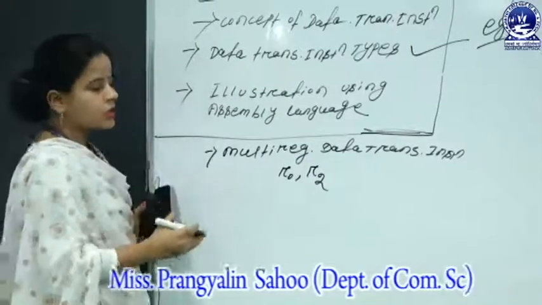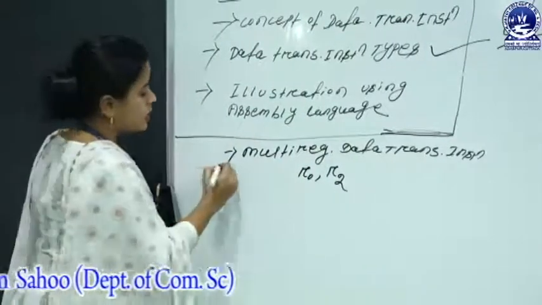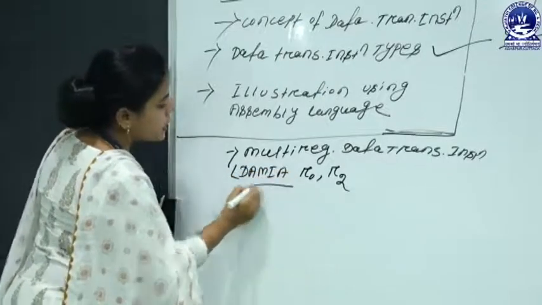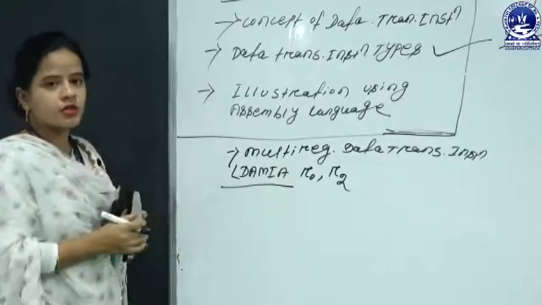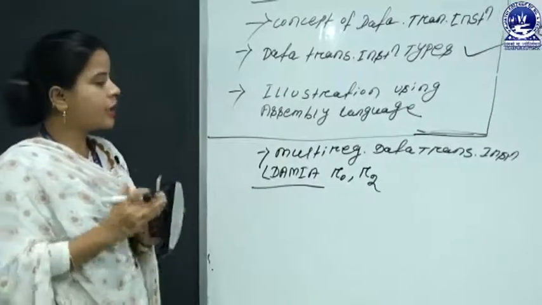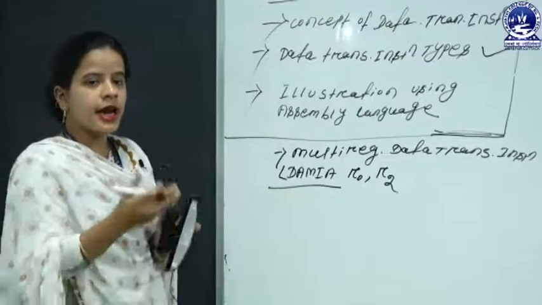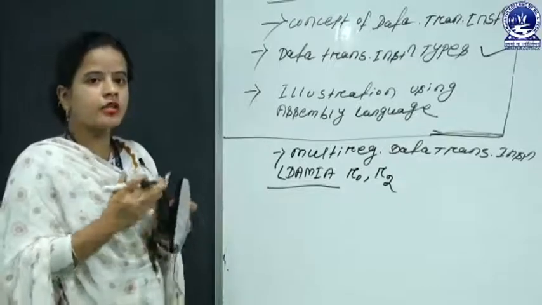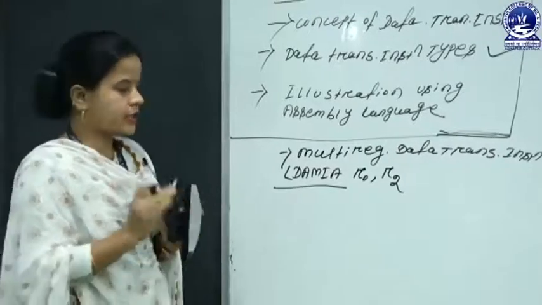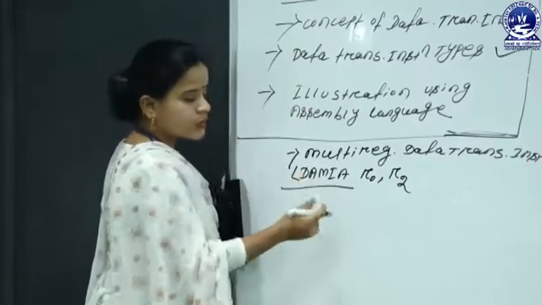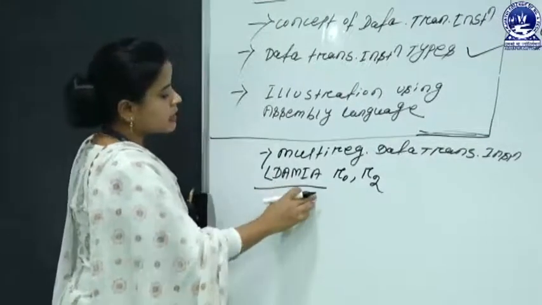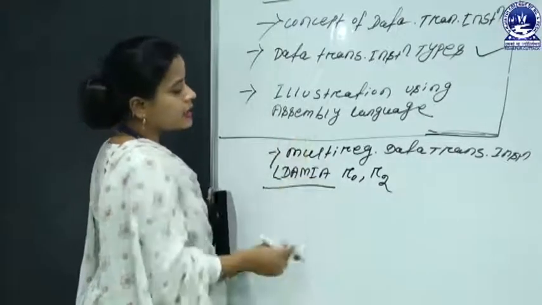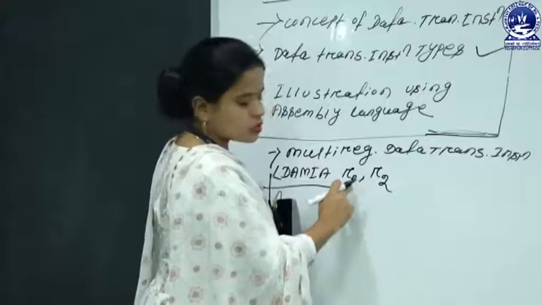So how is that possible? It provides one opcode, that's your LDM IA. That means by using the load multiple instruction, at a time you can provide multiple data values. That means at a time you fetch from a memory location into 2 registers multiple data values independently. And how is that expressed in assembly code format? First we have to write the opcode. Here the opcode is LDMIA. Then after that the destination location, that's your R0.